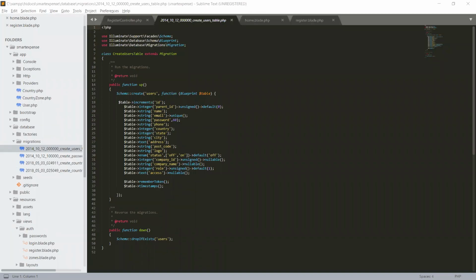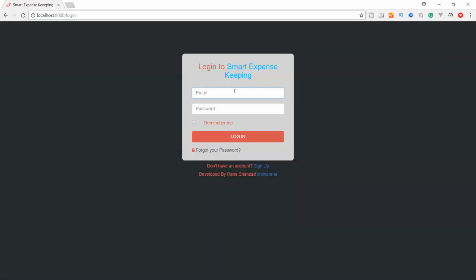Okay, let's check some login validation errors on our login page, and we have to check that we have registered our new user. We will check the validation of our sign up, that the email is unique, and we have to set some routes to redirect to our pages. So when we log into our application,